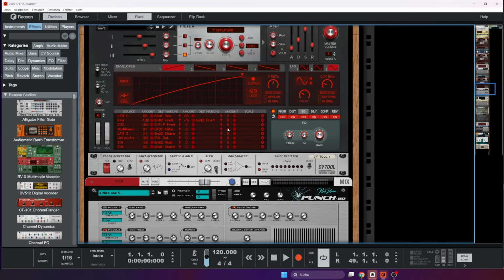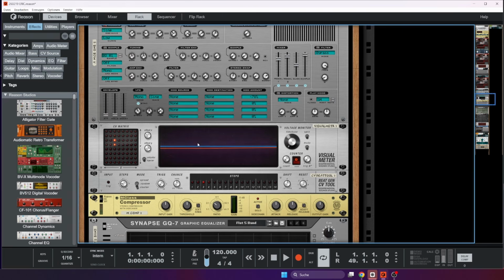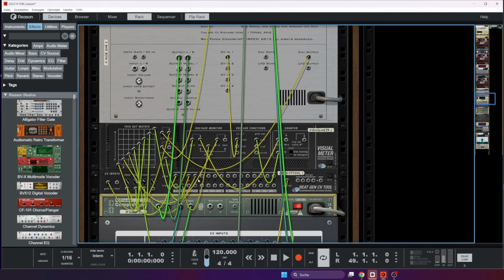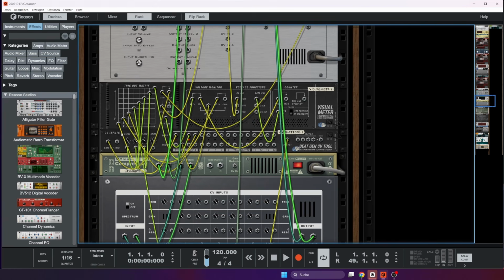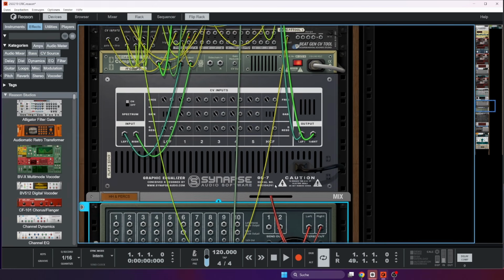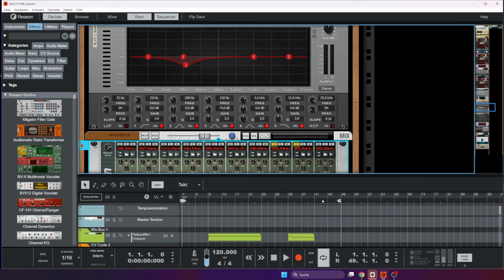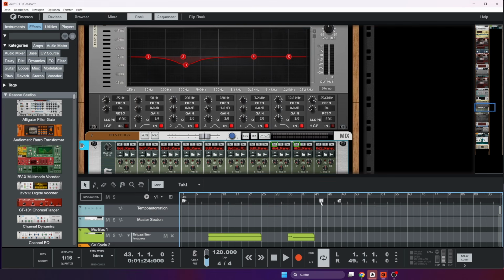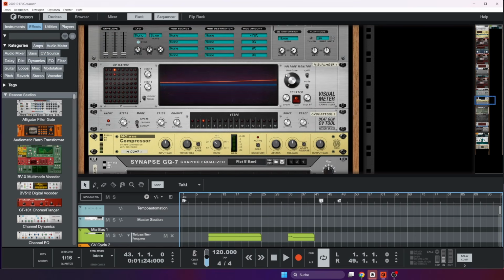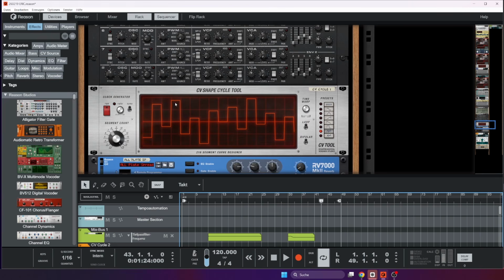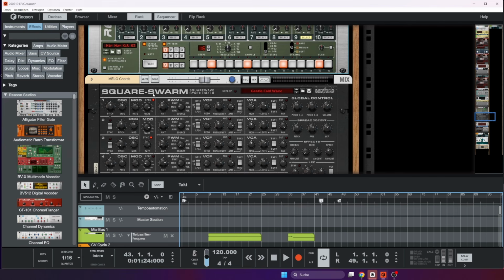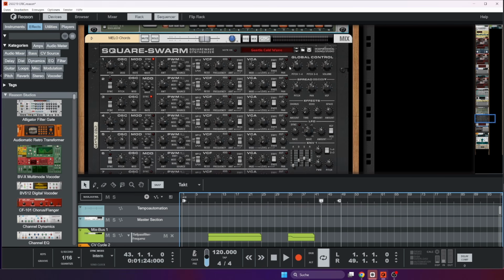The third iteration gets a sample and hold function here, and I've really begun to shuffle around some cables. For instance, if I hit run, the hi-hats will be triggered by random aspects using this curve here. We've also got a little bit of shape-shifting going on at our square swarm here,